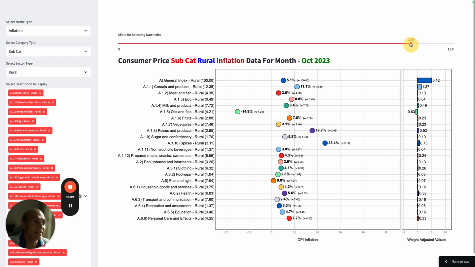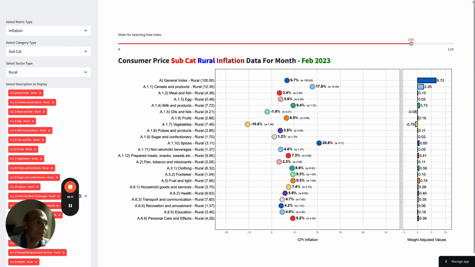Now, if I drag this further down, you will see that it was negative, right? When? In February 2023. Out of the total inflation of 6.7%, which is still higher than what we see today, the vegetable inflation was lower. The milk product inflation contributed around 0.73, that is 73 basis points of the overall 672 basis points, and there are other items which contributed.